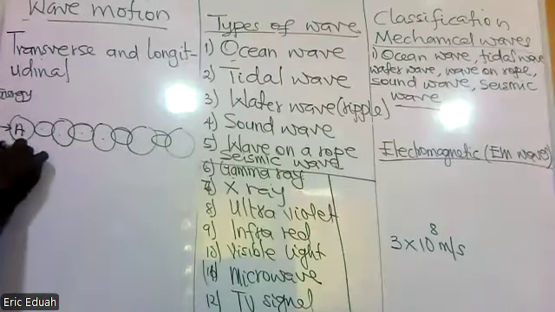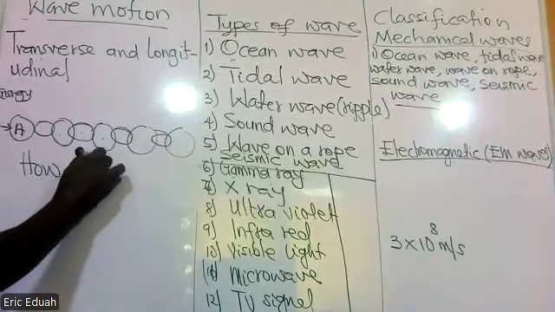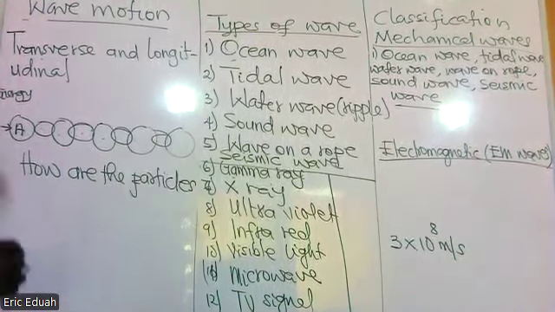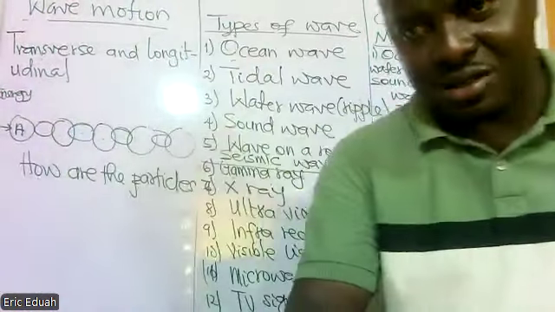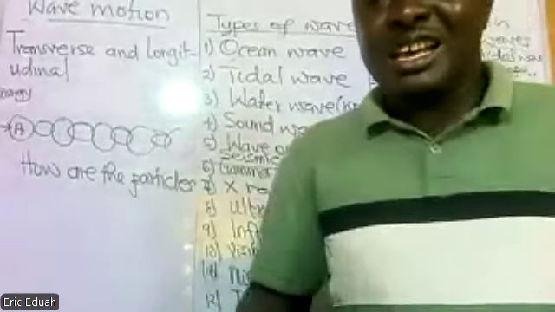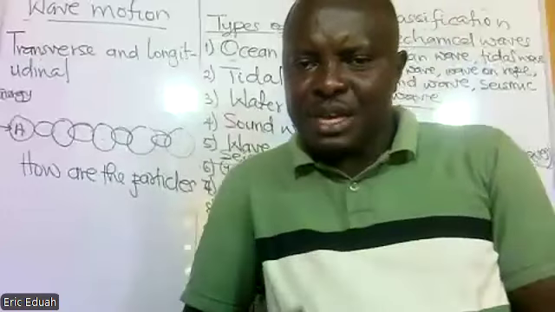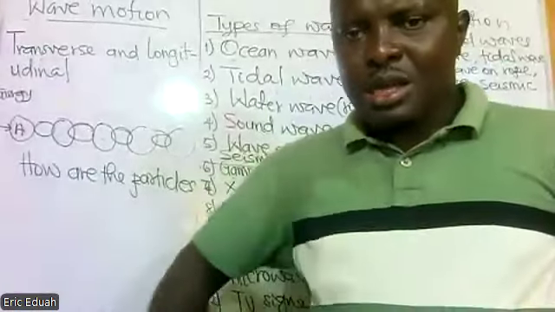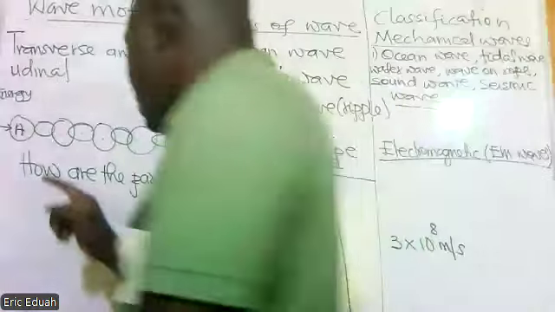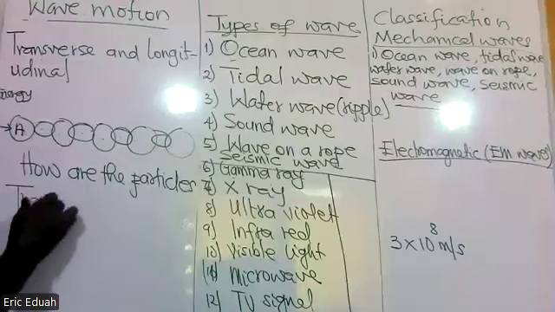But the question is, how are they vibrating? How are the particles vibrating? They vibrate with a certain style. And as they vibrate, how is the energy transmitted from the vibrating particles? The transmission of the energy is what we are calling a wave. Okay, so under this kind of classification, transverse wave,